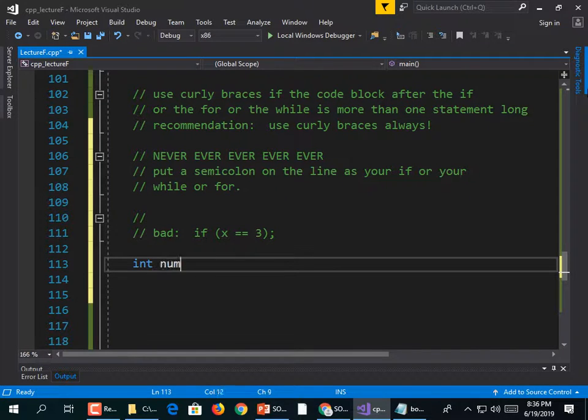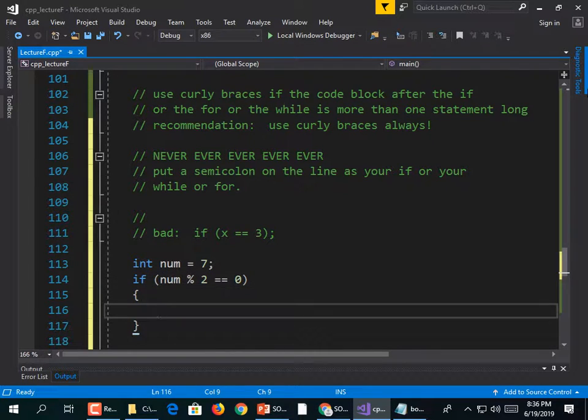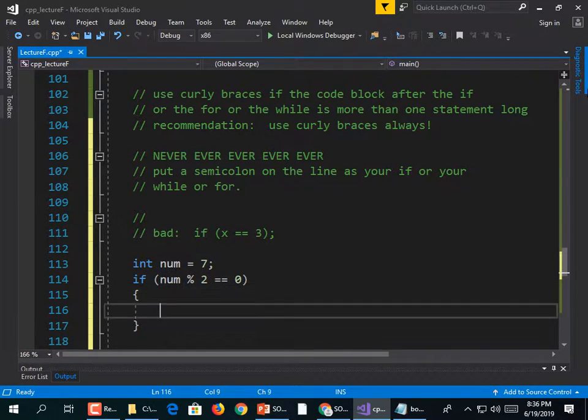int num = 7; if (num % 2 == 0). Now, oddly enough, you can leave off the equal signs and it would work just as well, but that's specific to this language because it would either be a 0 or a non-zero value. cout << num << " is even\n";